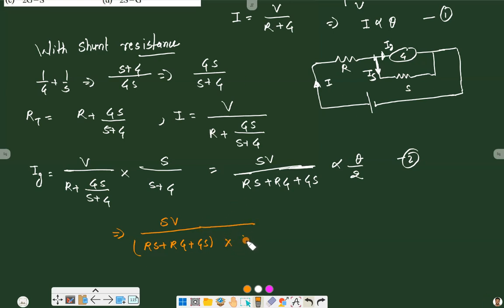So we have V here and R plus G here, which is equal to theta by 2 divided by theta. So that gets cancelled, V gets cancelled, and here we have